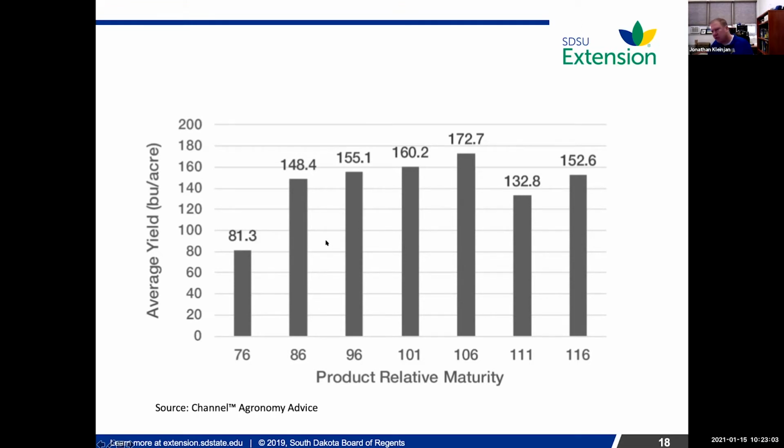They didn't see that crossover that I showed earlier, where the early corn starts to do better later. They didn't see it in Nebraska in this channel study, and they did not see it in Iowa State. So I wonder if that's more of a northern tier type of explanation or phenomenon. We tend to run out of season a lot quicker than they do.